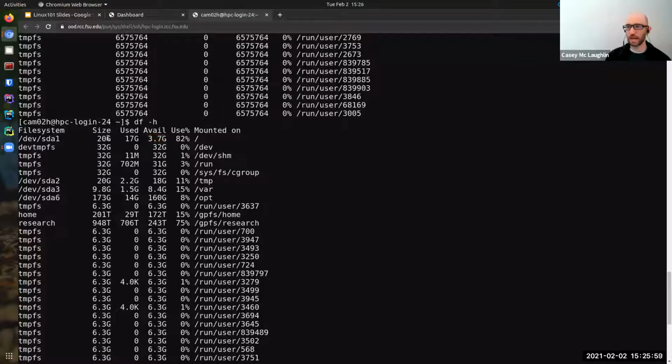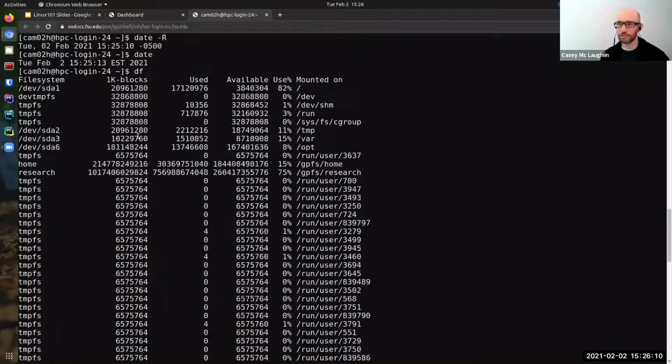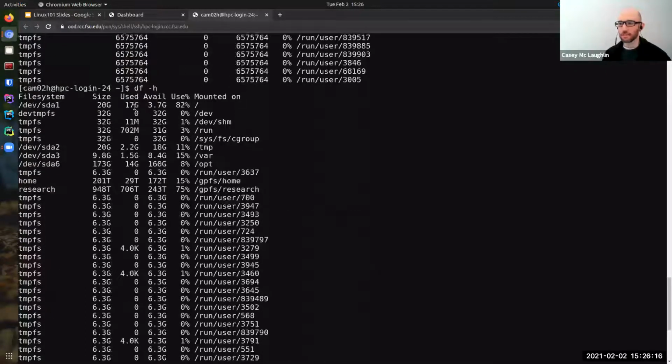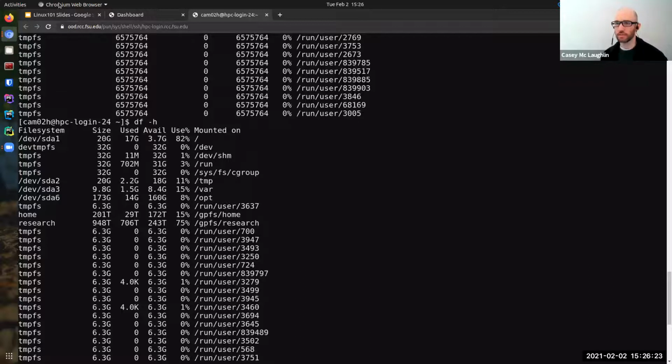So right off the bat, we have measurement units indicating how much space is actually available versus this output, which is like, who wants to do that math? All right, so you can kind of see how our options change the way a program runs.